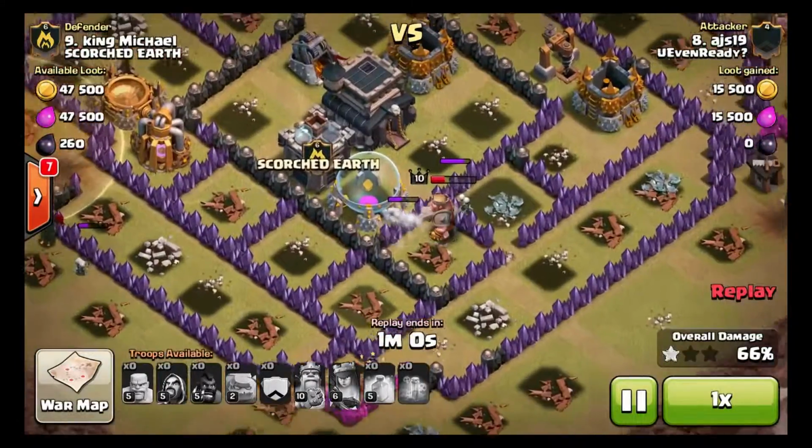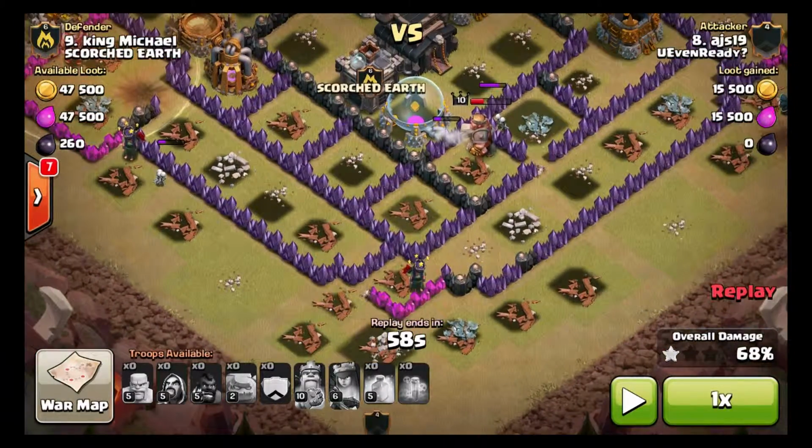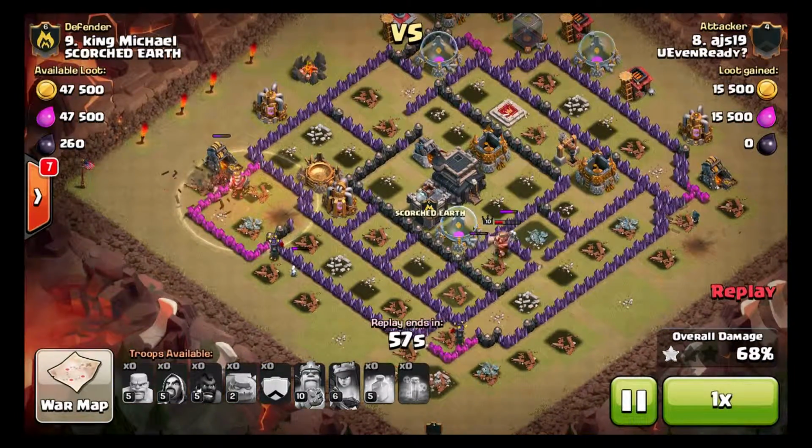King's still up. Oh, this Golem hasn't even broken yet, so that's definitely an indication that you don't need to bring a Golem when you're not trying to break into the base. The queen's out here, you're just going for a few defenses. There's no point of bringing a Golem. So